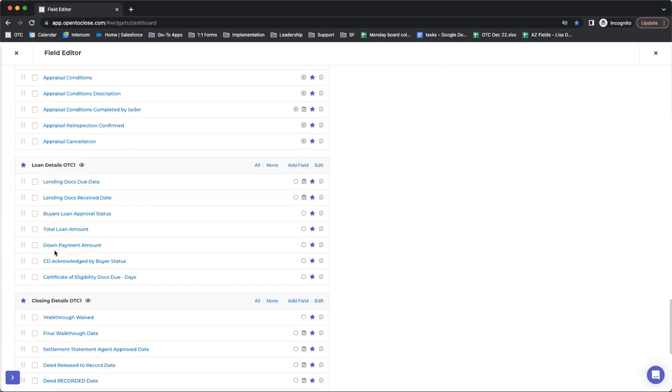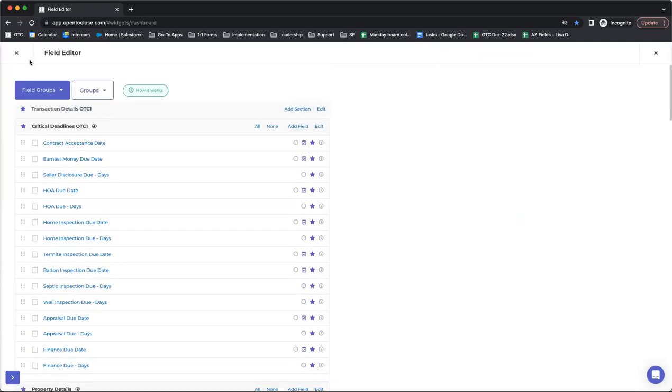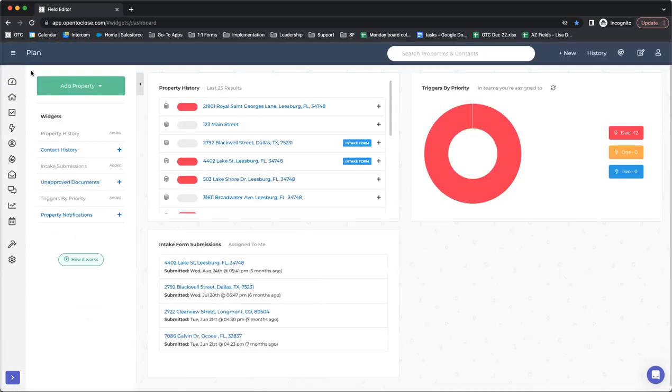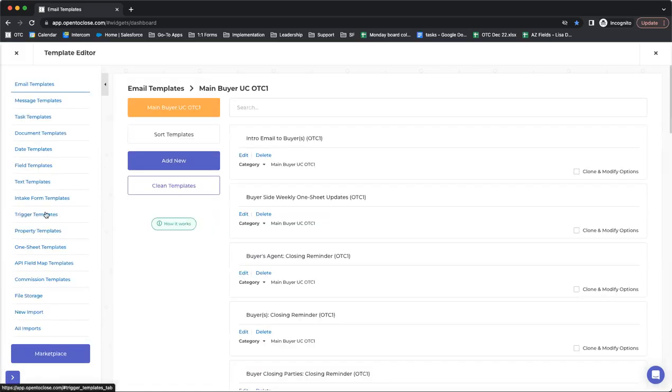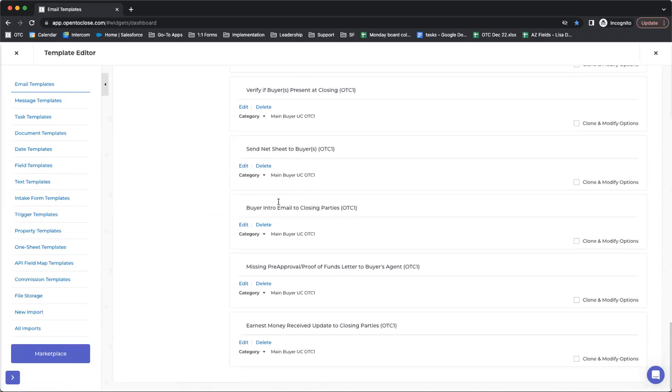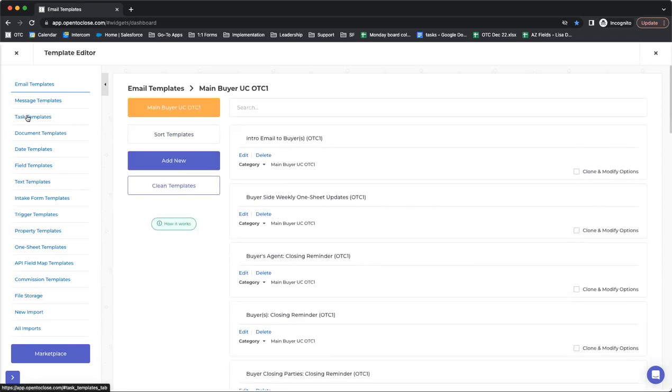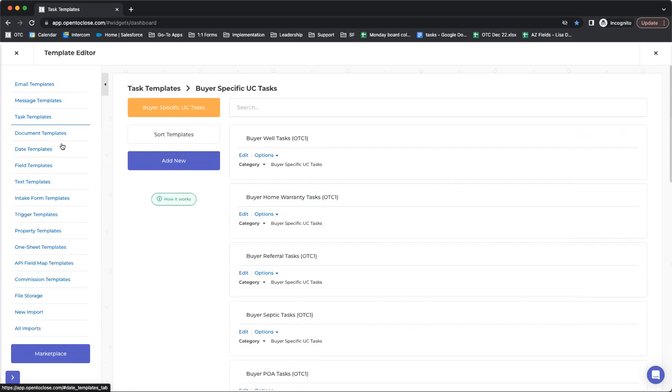As you can see, it's a fairly standard layout for your fields and your field groups. We have included OTC1 in the title of some of these naming conventions to notate this comes from our pre-built account. The real powerhouse of what's included with a pre-built, though, is the templates that we've added in. These are very neutral, not necessarily state specific, but built around more of an escrow state type process. There are in total, I think, just about 150 email templates in the pre-built account,